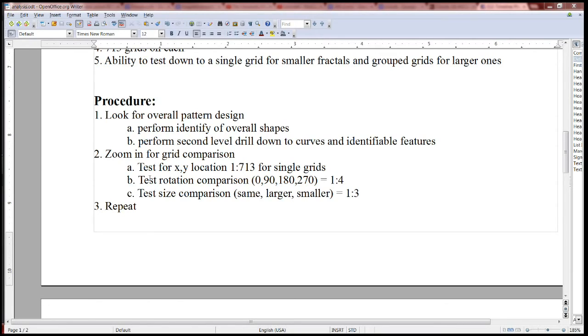For example, her face would be a great place to start because her face consists of about 9 grids, I believe. And so if we take 713 divided by 9, then that number would be our ratio if we wanted to perform math, which we will do at the very end of this. And we can say that the odds of the face being located where it's supposed to be on the whole image would be,